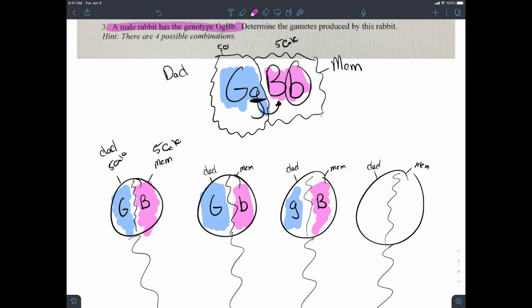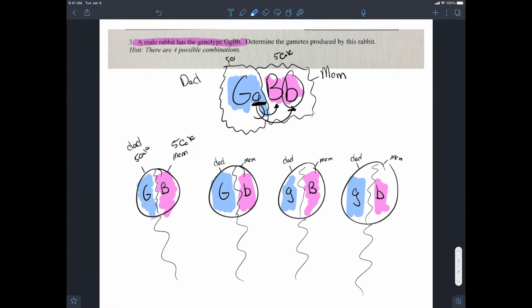All right. The last one too, are we done? No, because this lowercase g can also be paired with the lowercase b. So G and B. 50% from mom, 50% from dad. Okay. I'm going to leave some time on Monday to kind of re-explain this, but that is how you're going to get,